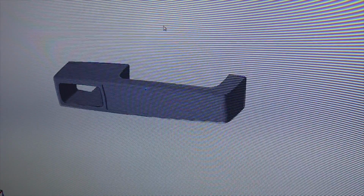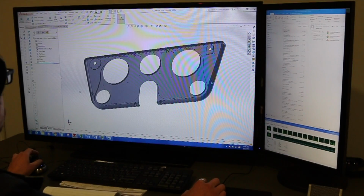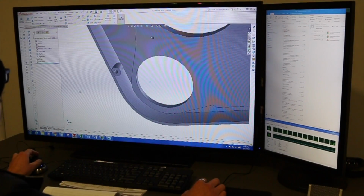So in the case of some parts, we actually laser scan those, like for example, the shape of the door, to understand the exact mounting planes of the door handles, or the stock logos, and then we tweak out from there. And then we build that up in SolidWorks in this case, and CAD model everything, get it ready for the machinist. Again, run it by the client, make sure we're still on track. Then we press go and have everything CNC'd. Unfortunately, we sublet the CNC, but in the near future here, we're looking forward to having that capability in-house. It'd be really hot. Can't wait to get my hands on a nice 5-axis Haas. So anyway,